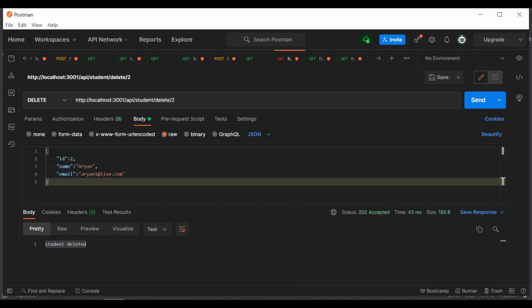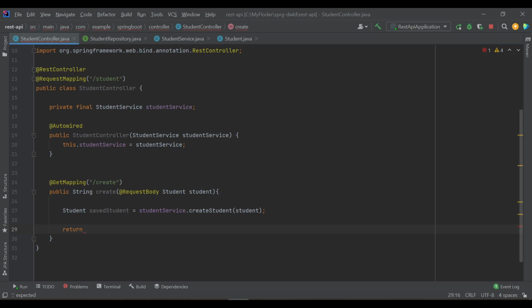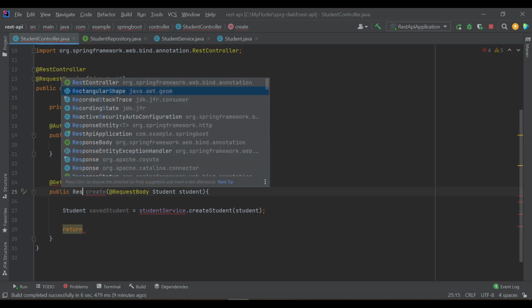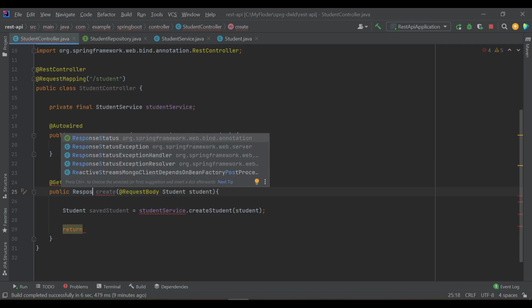While in a response you have a response plus status code. So for that we will use a response entity. So response entity is a class where you can bind your response, including body plus header plus status code.